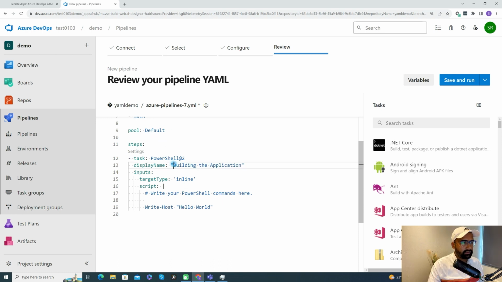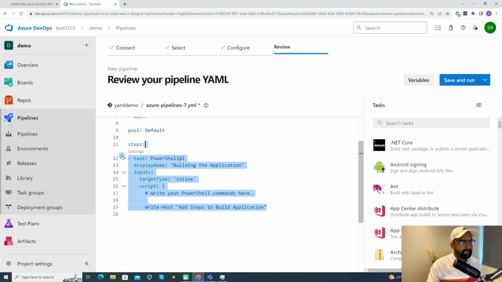And yeah, write host, add a step 2. Steps to build application,